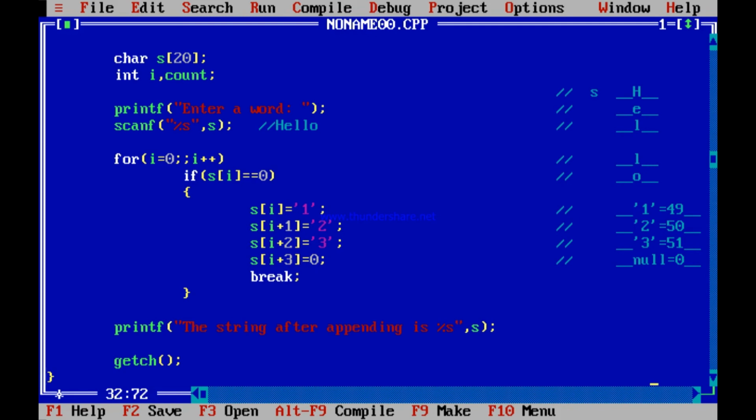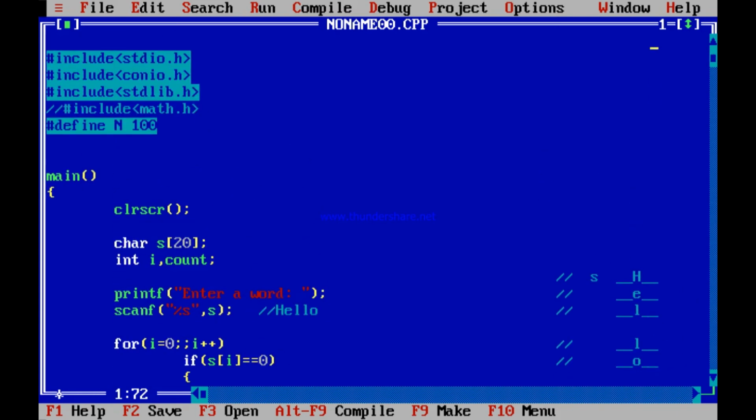So you have learned many things over here, appending a string. You have learned how to find vowels in this string. You have dealt with one word. Now if you have to deal with many words, see S20 is one word. So if you have to deal with many words, you have to go for this, maybe S1020.